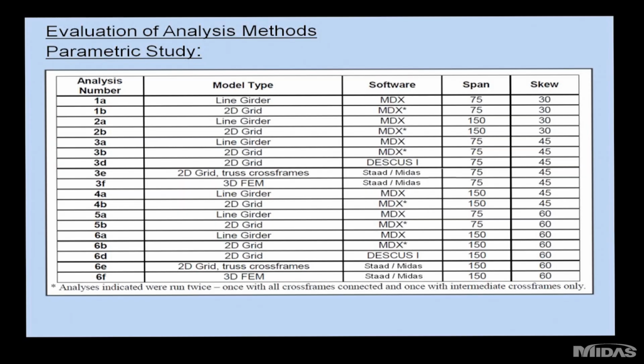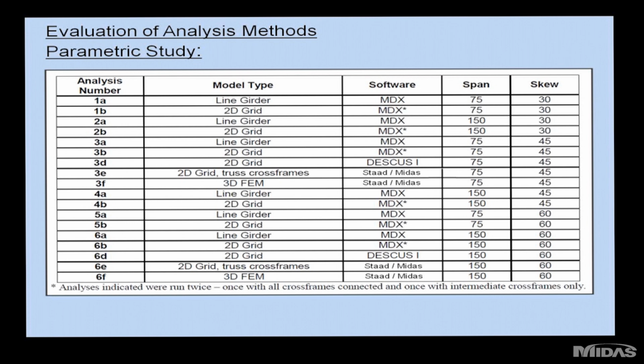And obviously we could use a detailed finite element analysis for every bridge, but that raises the design costs and limits the number of consultants that are able to do these designs. So ODOT wanted us to do a study of various different types of structures, determine where the line is where you need to start